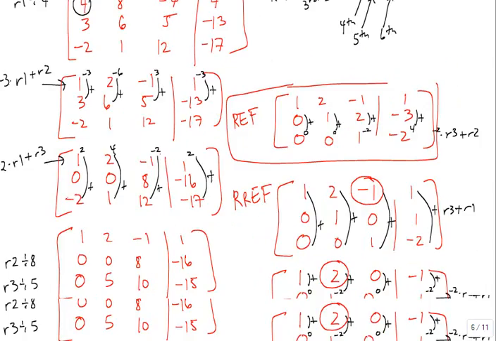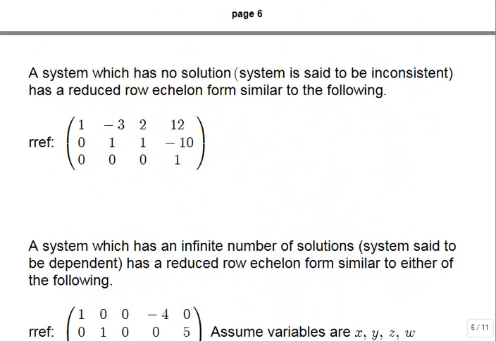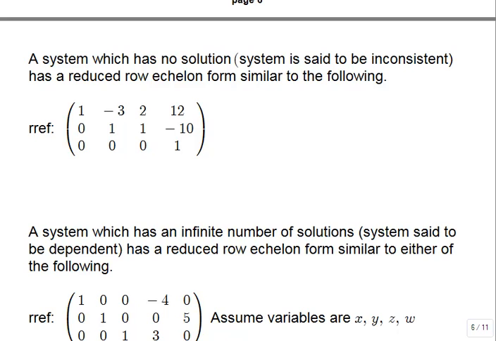Okay, let's look at the next problem here. So one of the things that we're going to explore a little bit more now that we have this technology is what to do when you have a dependent system or an inconsistent system. So those special cases. So for example, a system which has no solution, which is what we call inconsistent, has